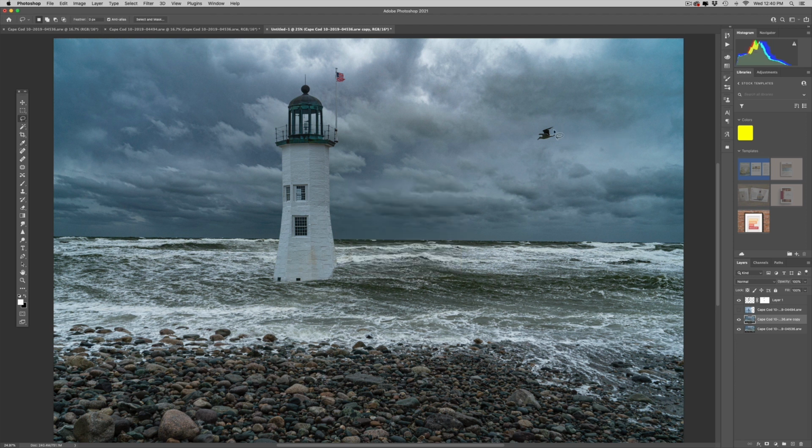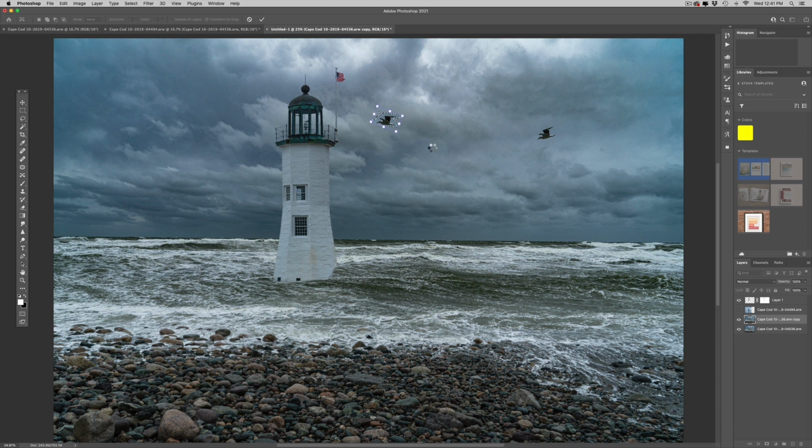Fill. That's gone. And now let's use a tool to bring the seagull closer to the lighthouse. It's kind of too far away. And that's this tool right here, which is Content Aware Move. You've probably seen Content Aware Fill, which we just used. But Content Aware Move is a little bit more of an esoteric movement. I'm going to take the seagull and put it about right there. And I'm going to rotate it up a little bit, so it's flying to the lighthouse, and then hit